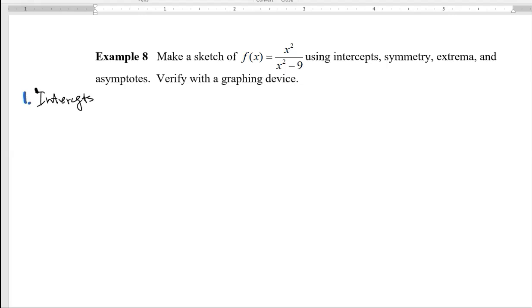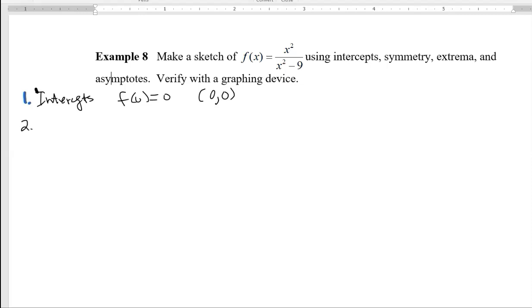Notice when f of 0 is 0, so there we have a point 0, 0. There are no other x-intercepts. You can see that, and that is the y-intercept also. So that's done. Now let's check